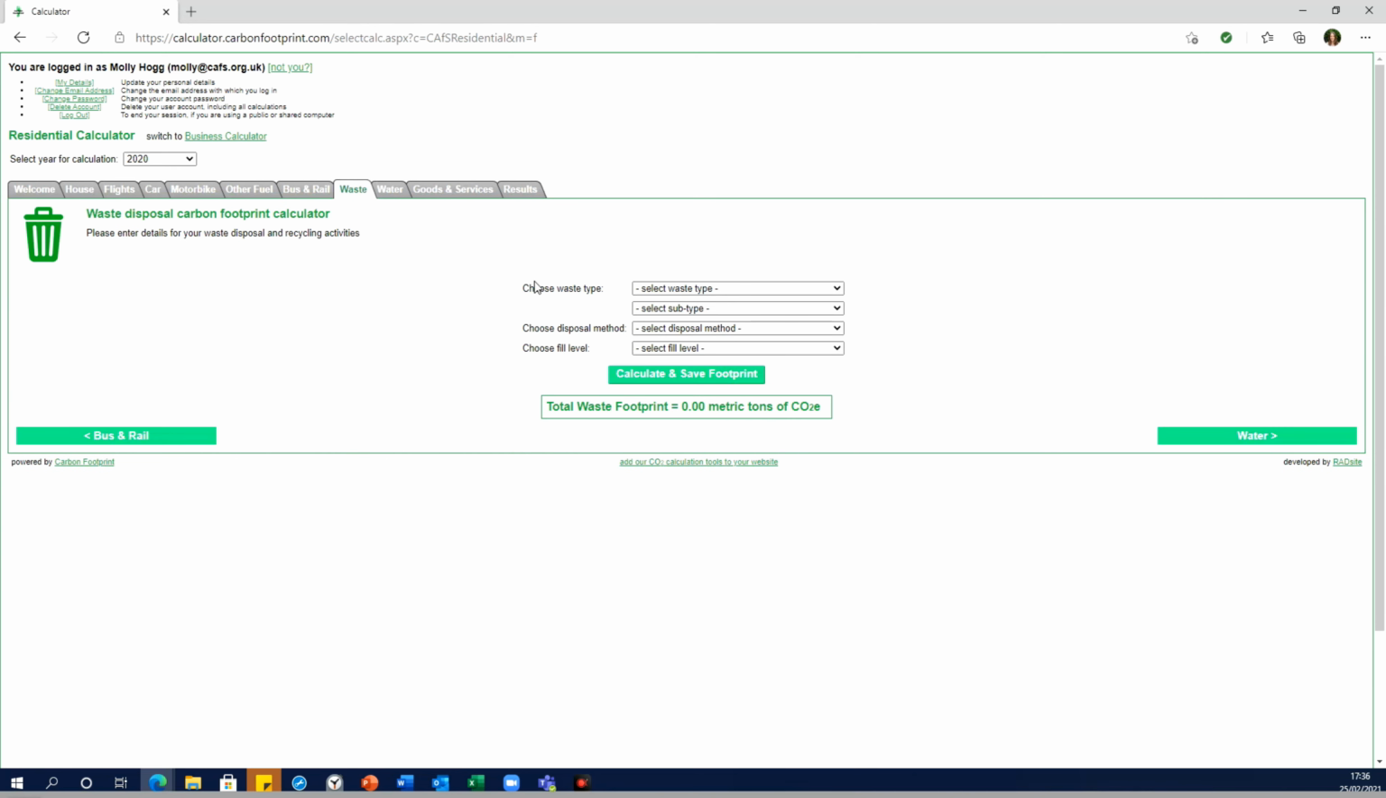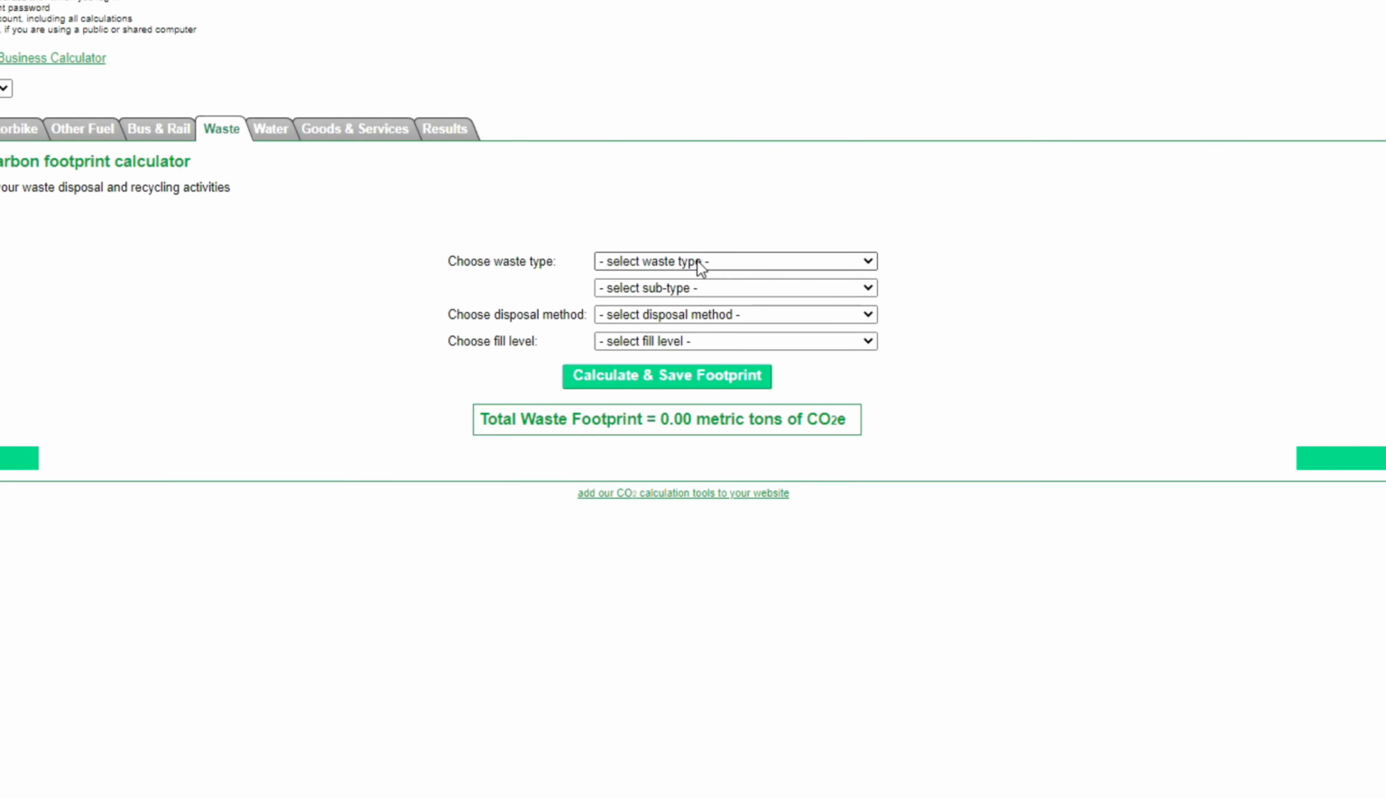Okay, let's look at waste now. So first of all, you need to select the waste type. So let's choose mixed recycling. You then choose a receptacle, and for mixed recycling we've only got one option of a 55-litre box, so we'll put that in. It says choose disposal method, but what it should say is frequency of collection, so let's say collected fortnightly. And then the fill level, so if it's completely full, let's put 100% full,